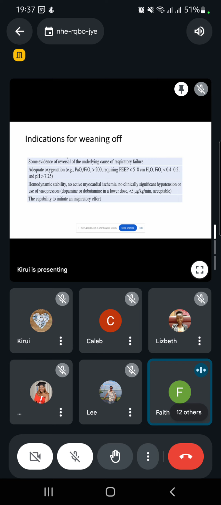If the respiratory rate is still above 35 breaths per minute, again, it shows a failure of the patient to achieve spontaneous breathing trial after weaning off. If the pH is less than 7.30, that again shows we are having respiratory acidosis and still indicates failure of spontaneous breathing trial. If the patient is still in respiratory distress or the patient has two or more of the following,